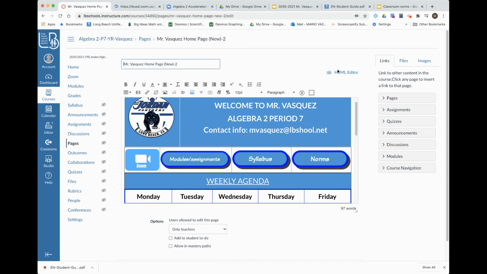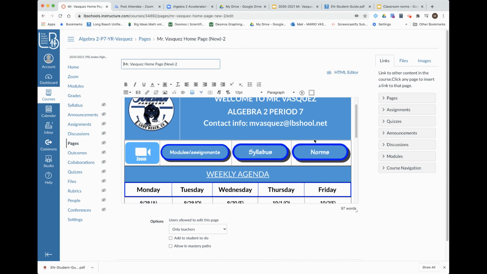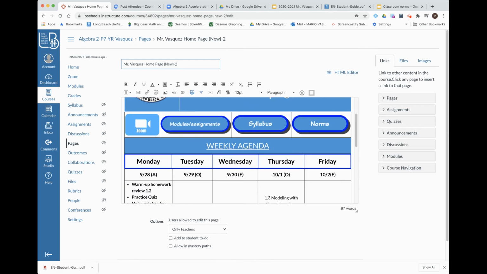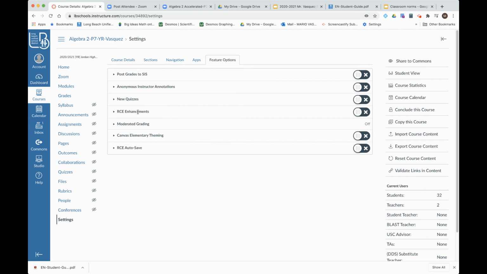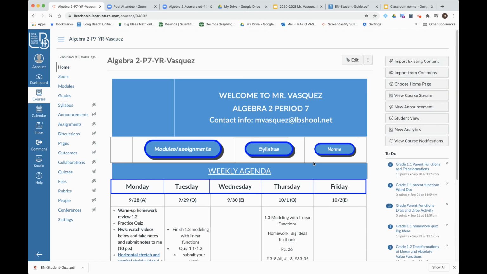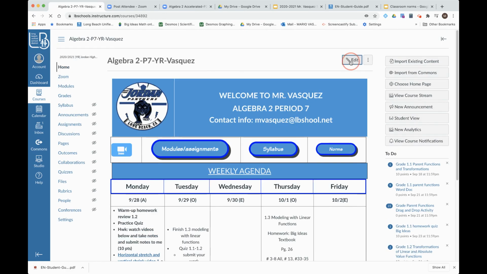For this one, first of all you want to make sure that your settings are... I always like to have the settings right here. Let me show you. So the features here, I don't add this one here. I used to, but not anymore. I find it a little easier to navigate when I take that off. All right, so the first thing I want to do is go to edit,